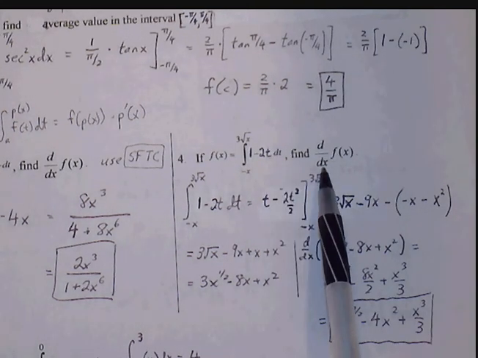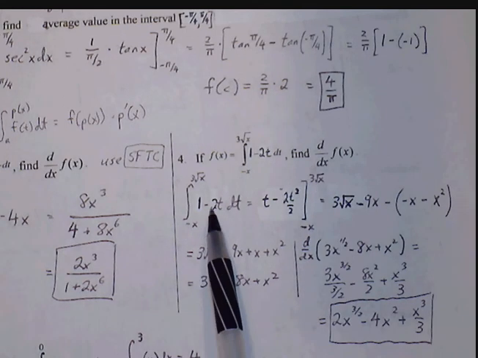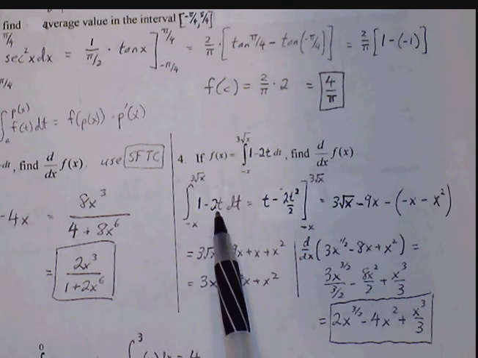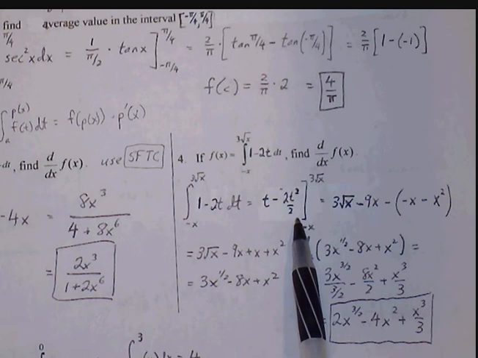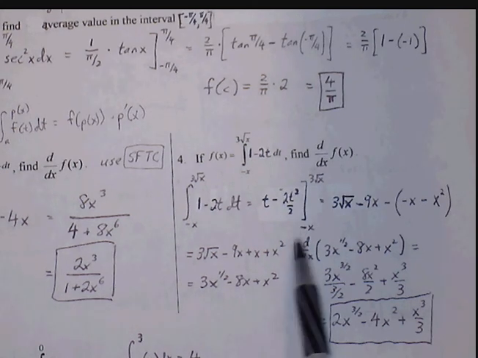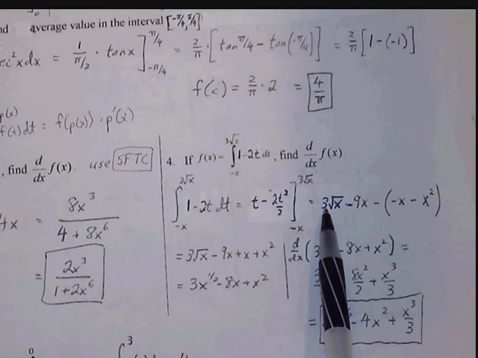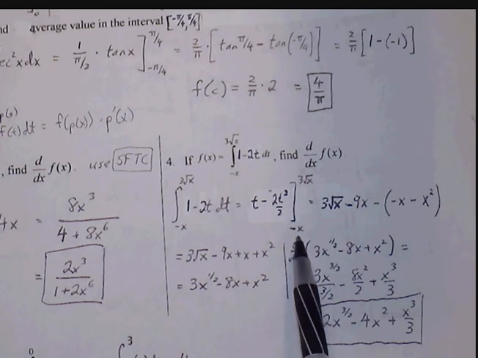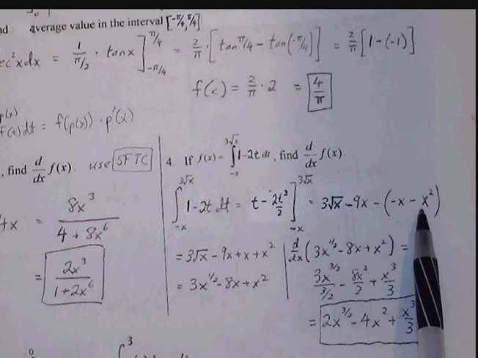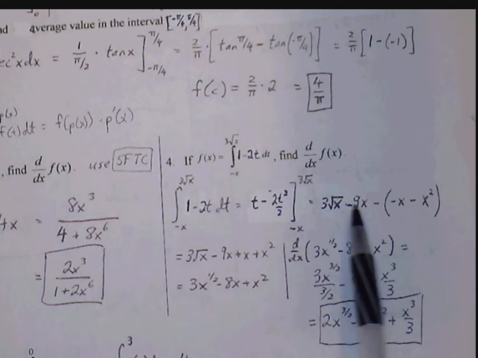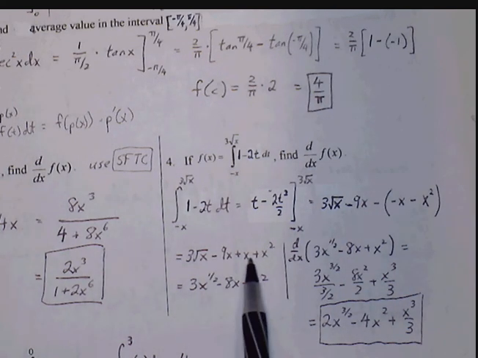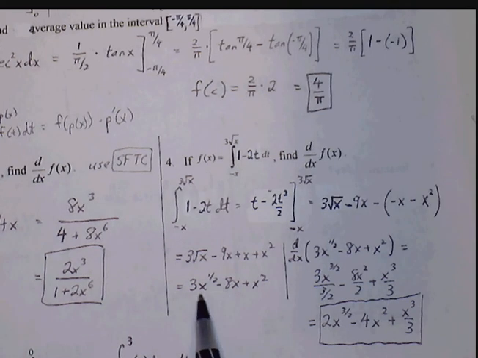So for the definite integral, we take care of 1 minus 2t, which turns into t minus 2t squared over 2, going through the power rule. Plug in our upper and lower bounds, upper bound first. So 3 root x minus 9x, that's f of b, minus, then plug in your lower bound, negative x minus x squared. Okay, combine all this, then this results in our definite integral, but we still have to find the